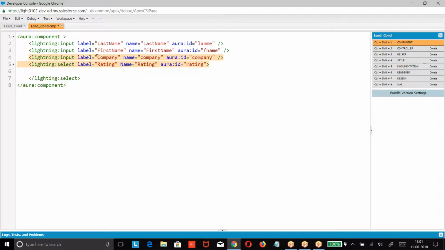But rating is a pick list field. Last name, first name, company, all of them are input text fields, okay. But rating is what? A pick list field, where we had hot, cold, and all the things. Right now I'm giving an option, value equal to, option.